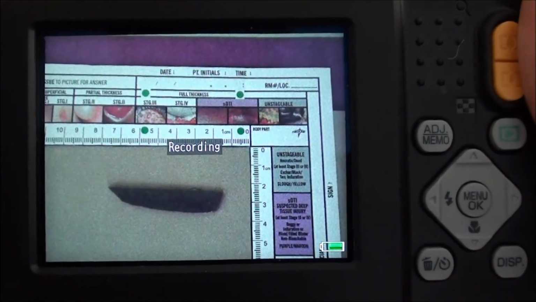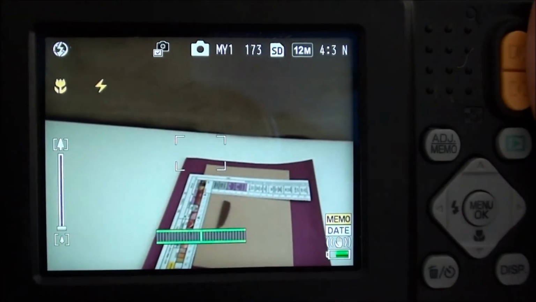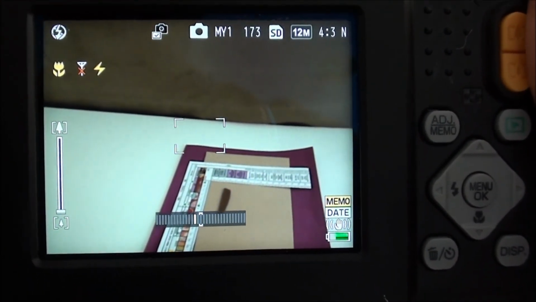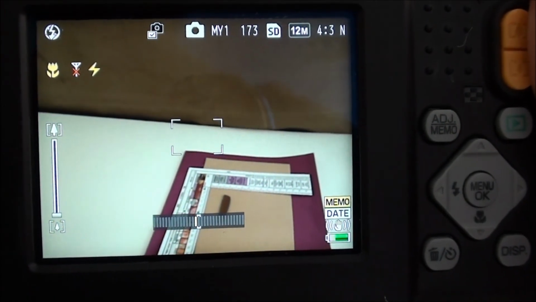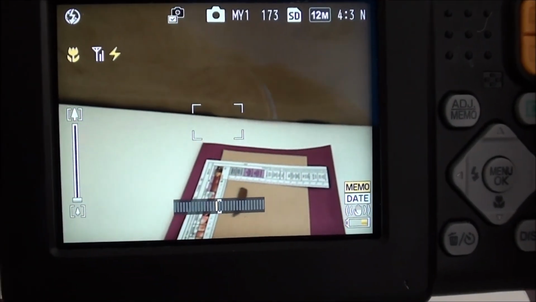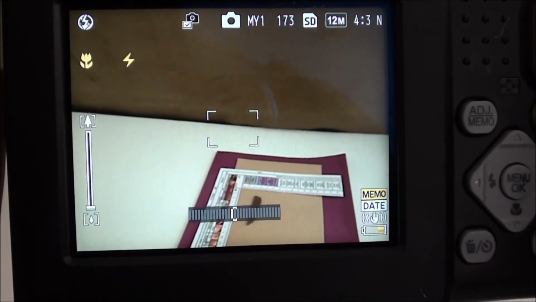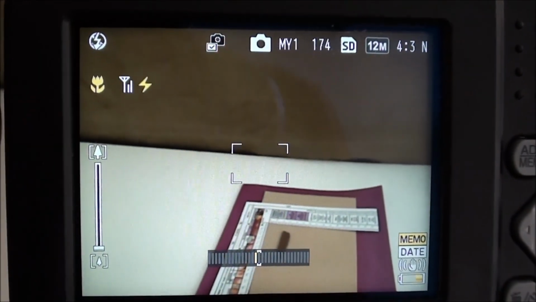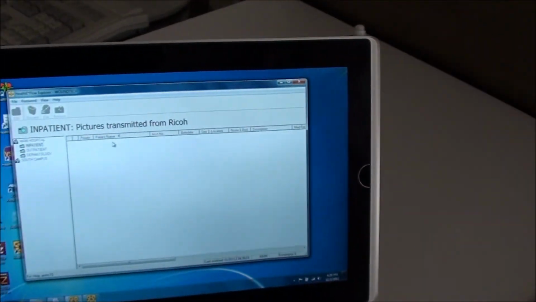Here, the camera is initiating the Wi-Fi connection, transmitting the picture and deleting it off the camera. There is also a batch mode that allows you to shoot multiple pictures, QC them, and then send all off the camera. The pictures received on the server are then processed by the HealthyFlow workflow engine using rules specified for your